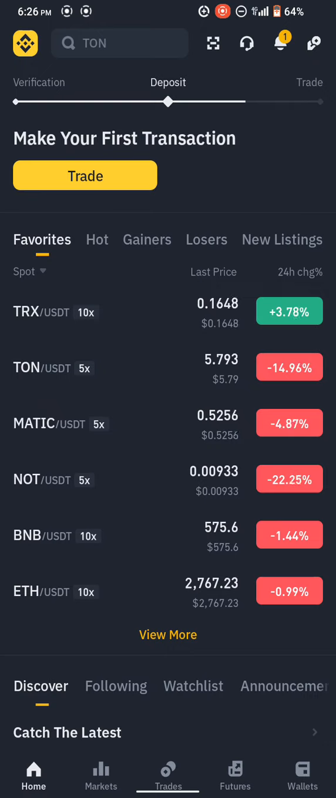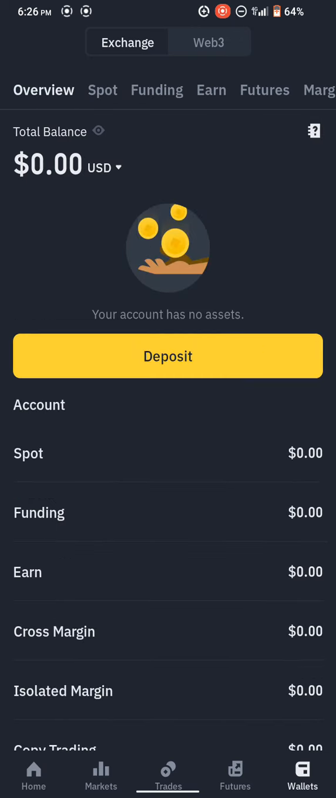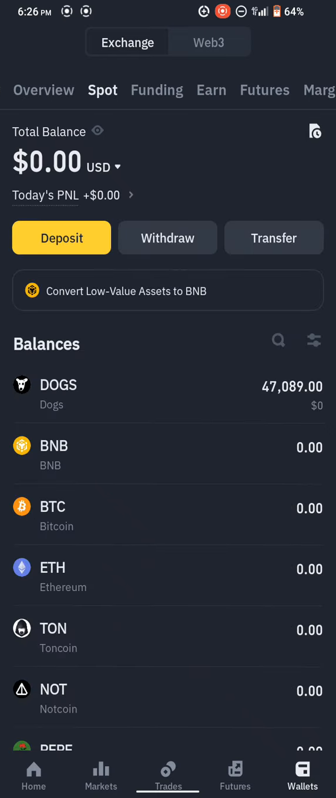So in order to trade your DOGS for USDT, you move over to here. Remember, your DOGS token was sent to your spot account, so you click on spot, and you can see your DOGS allocation. And in order to trade, okay,